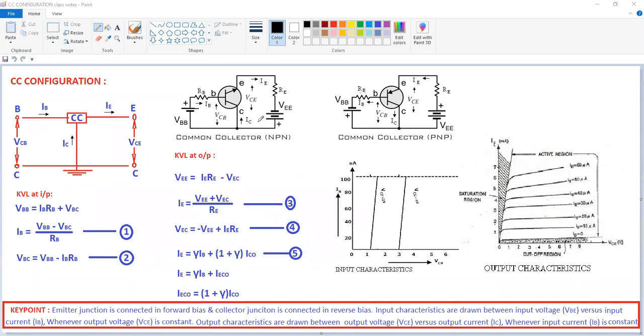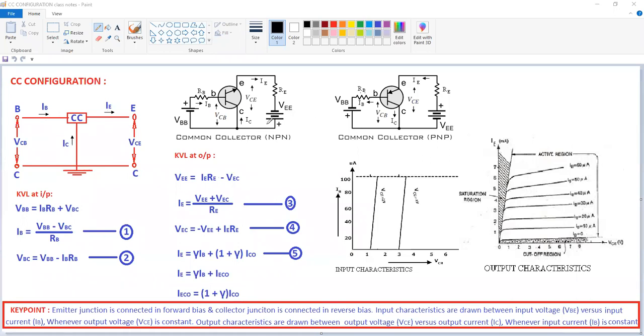Similarly, I am writing the output loop equation. Now here, I am assuming the current direction in the anti-clockwise direction from positive to negative. Here VEE is your voltage rise, VCE and IE RE are the voltage drops. So that's why VEE is equal to IE RE minus VEC. But here the VEC is connected in opposite direction. Why? Because see